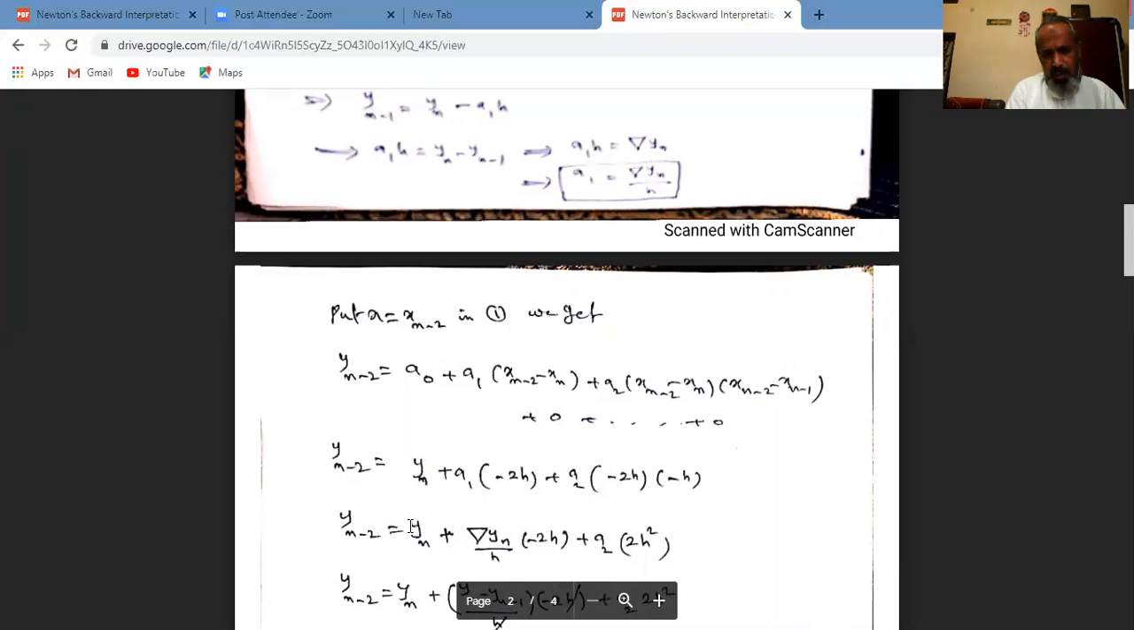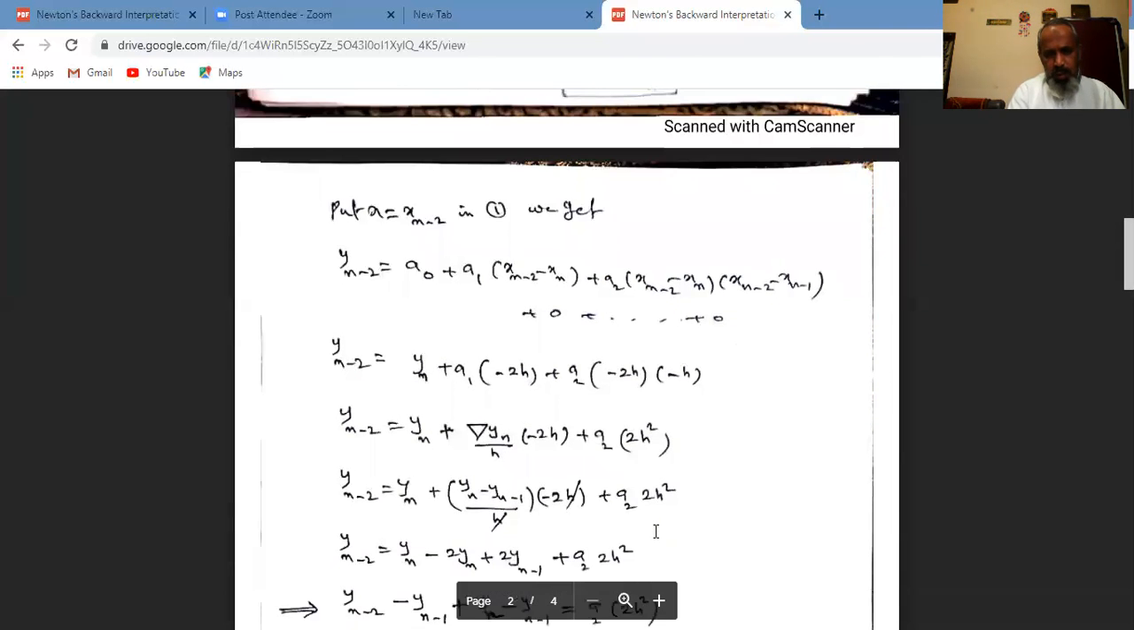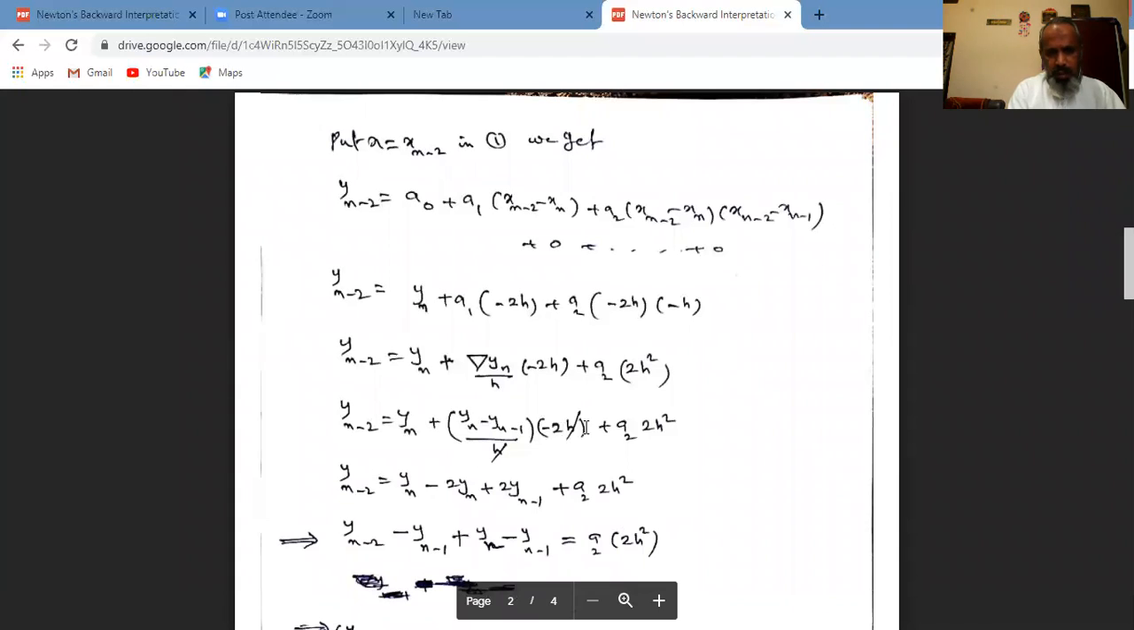y(n-2) is equal to yn plus, what is a1? a1 is nabla yn by h, into minus 2h, plus a2 into minus 2h into minus h, which is 2h square. Again, what is nabla yn? This is the backward difference, yn minus y(n-1), by h, into minus 2h, plus a2 into 2h square. Now the h cancels. We are rearranging the terms. y(n-2) is equal to yn, now multiplying with minus 2, it becomes minus 2yn plus 2y(n-1) plus a2 into 2h